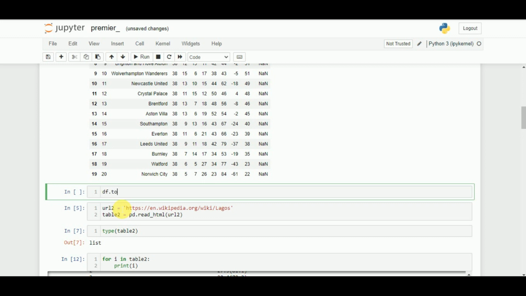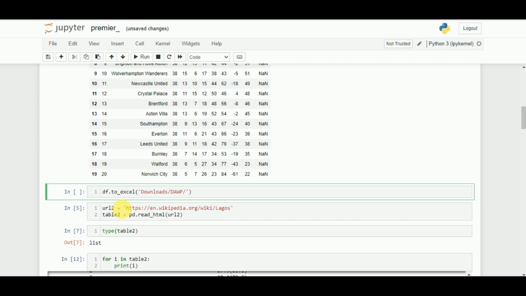Okay, I'll do what? df dot to, let me say to Excel. I'm saving it to Excel. Good. Then I specify it. I want downloads. Good. Now my download is out and I want a particular folder in download. Let me just say, okay, this folder is not existing. I want to create it. I'll create it as